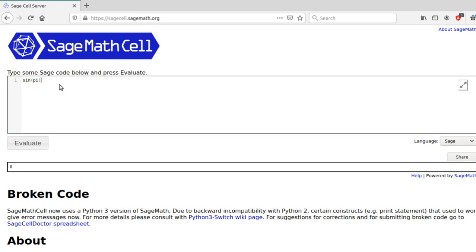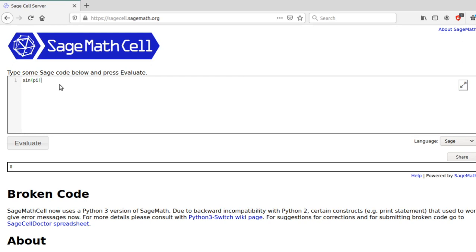And the computational power of course depends upon how many people are currently using the SageMath cell server. So SageMath cell is the simplest, though not the most feature-rich, option for trying SageMath computations online. So these are the options that we have. Either we install the SageMath software in a Windows system or Ubuntu system or any Linux based system or Apple based system, or try SageMath online using the CoCalc web server or the SageMath cell server.